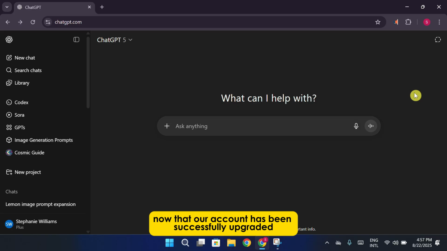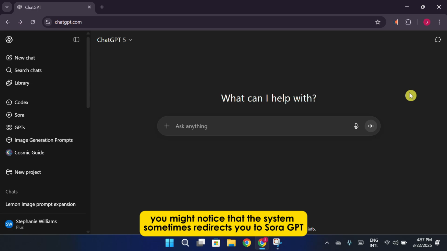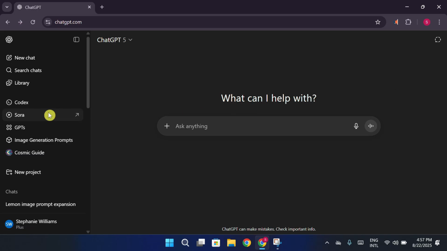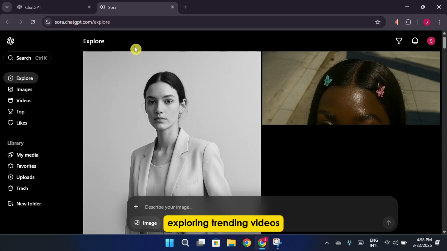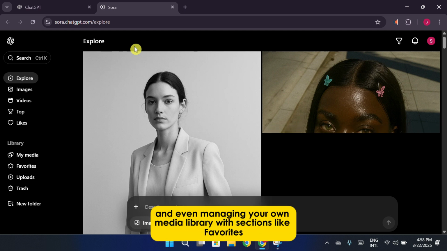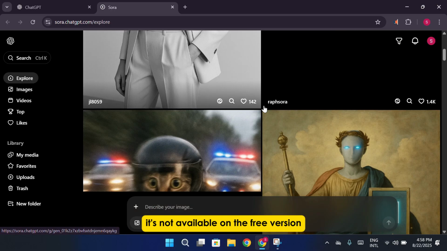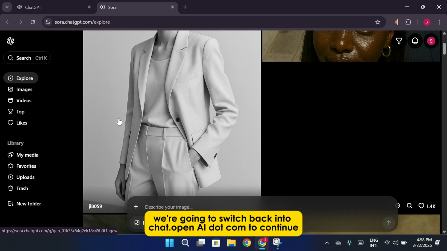Now that our account has been successfully upgraded, let's head back into ChatGPT and officially get started with exploring the AI Agent Mode. When you first upgrade, you might notice that the system sometimes redirects you to Sora GPT, which is one of OpenAI's more premium products. Inside Sora, you'll see options for generating images, working with video content, exploring trending videos, and even managing your own media library with sections like favorites, uploads, and trash. While Sora is powerful in its own right, it's not available on the free version. And since our focus here is on Agent Mode, we're going to switch back into